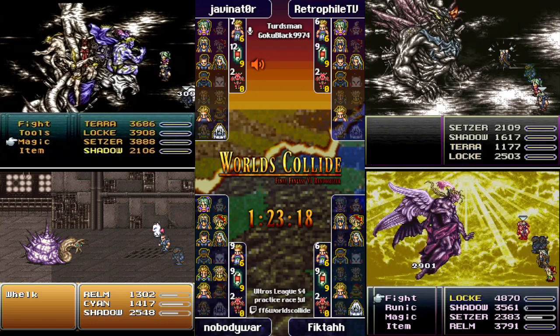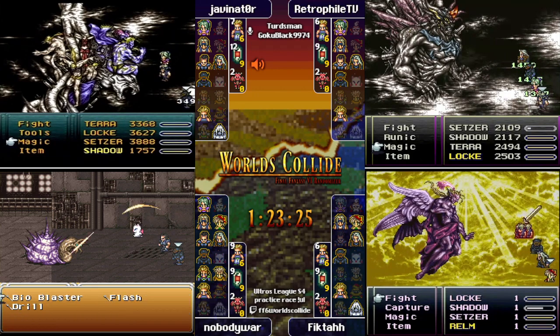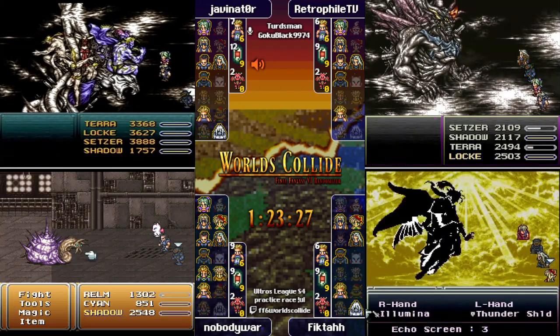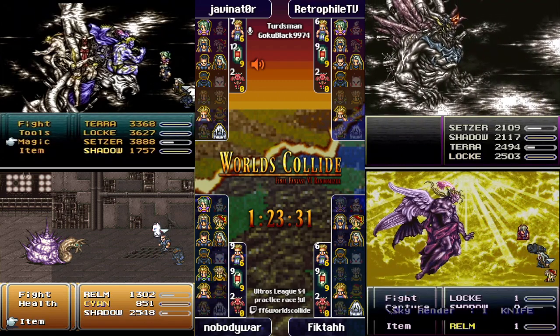And I believe that she came equipped with Grand Train. I don't know if somebody found that later on down the road, but Nobody War and Javinator have been throwing out a lot of triangles this fight. I see. That would have been nice to have, but